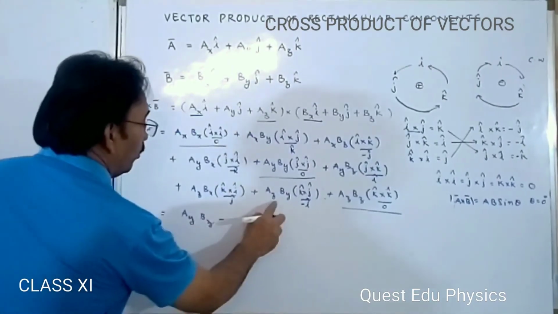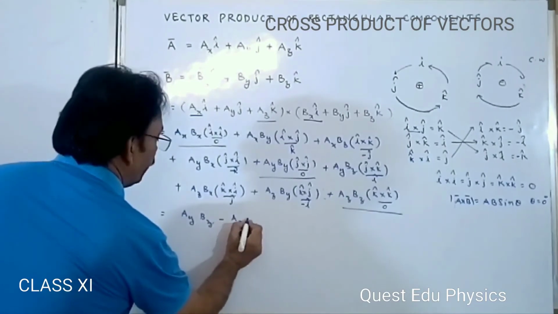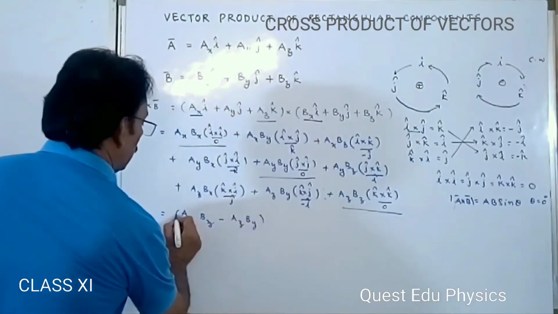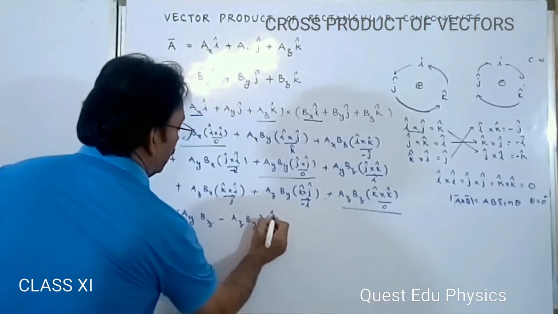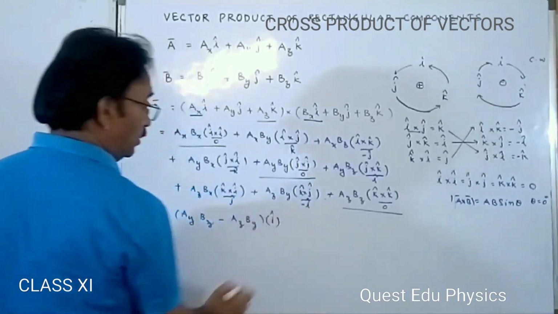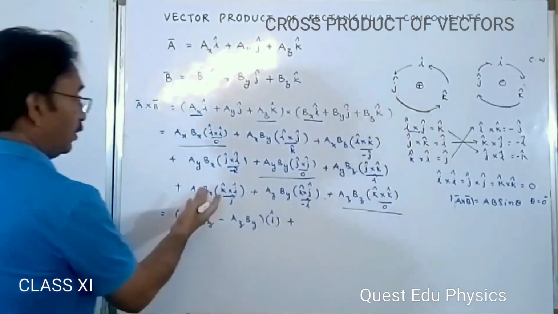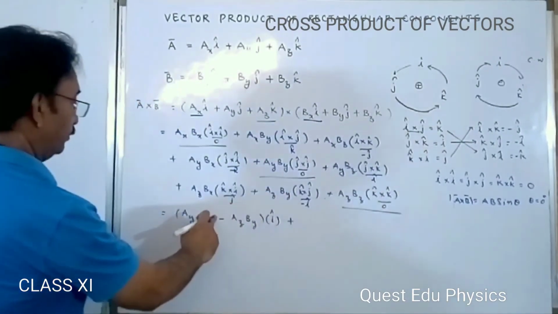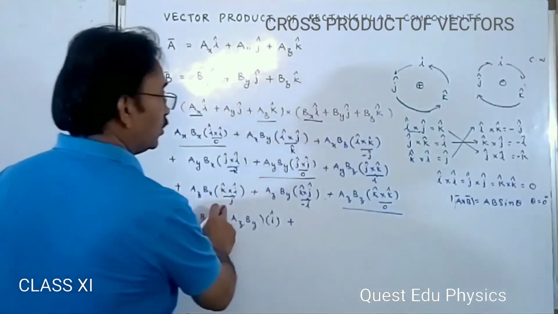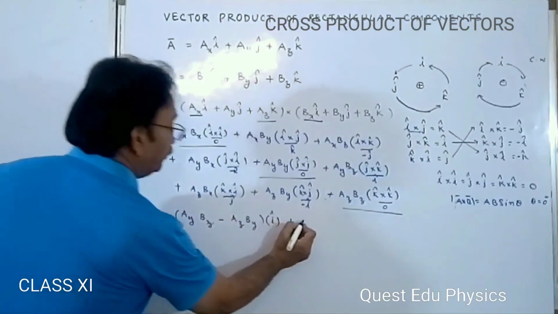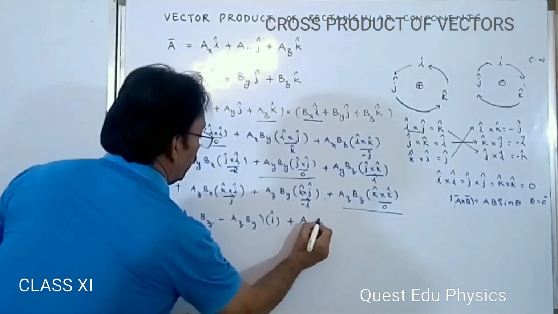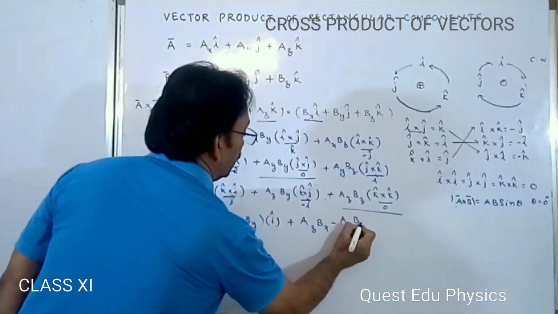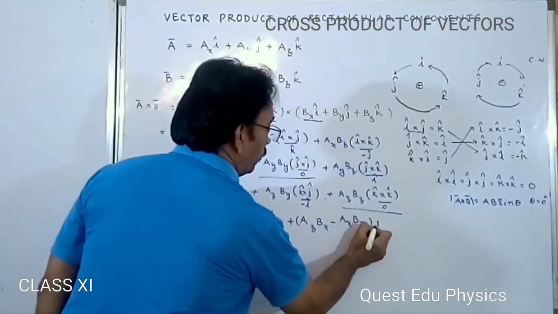BZ minus AZ BY into I cap. This is a plus and this is a minus, we subtracted, and the I term is over. We have to go with the J. Where is J? Here is the J, and we have to search for the minus J, plus AZ BX minus AX BZ into J cap